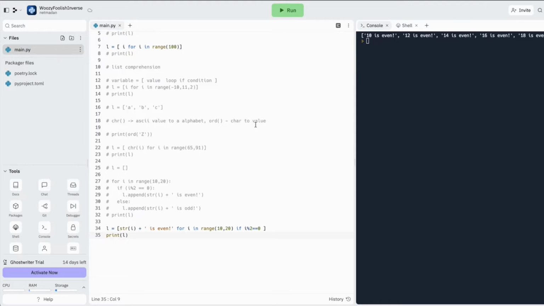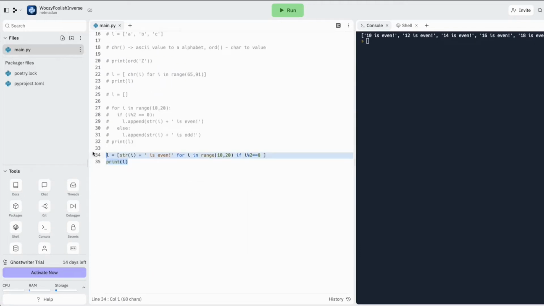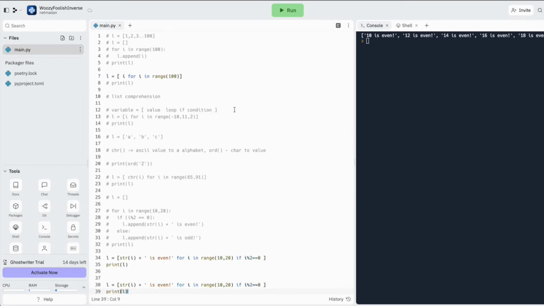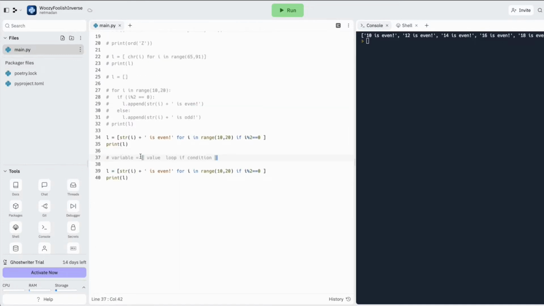We are interested in the odd number as well. So what do we do then? We can add the else part as well. So if we don't have the else part, then the pattern is going to be like this. But if we also need the else part, we will have to follow a pattern like this. So value, and then if condition,